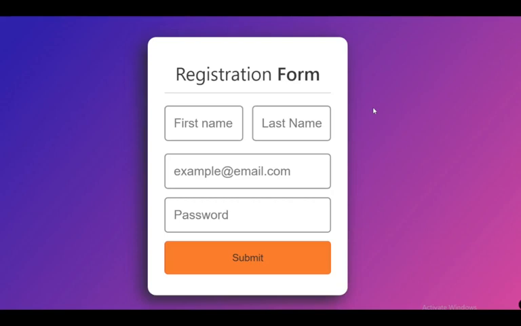So, in this video, we are going to build a registration form, and as we see on the screen, it's quite a simple one, and it doesn't have many fields. But hopefully, by the end of the tutorial, you'll be able to understand how it's built, and the concepts behind the registration form, as in concepts around using states and using forms in React. Okay, so